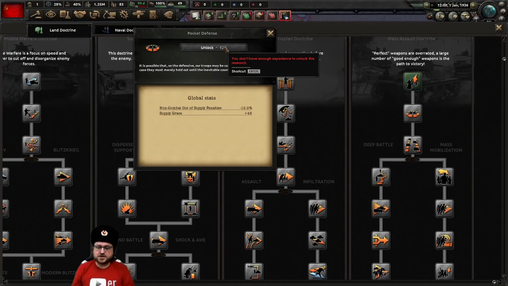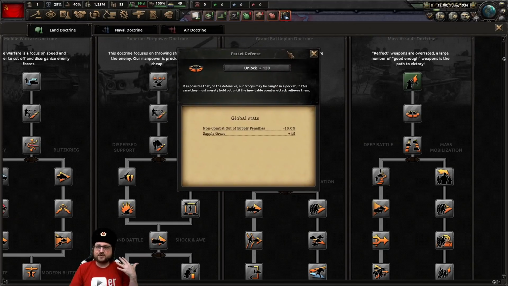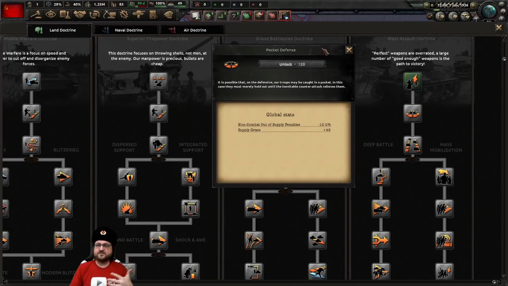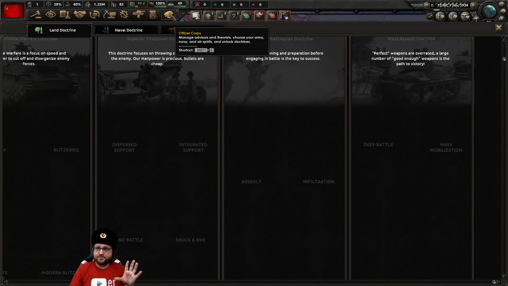Now, spending experience on doctrines, conceptually, makes a huge amount of sense. It makes sense that the actual military doctrines are developed by your military people, not as a research project, but as a side effect of experience gained in battle and adjusting to strategy and those sorts of things. Now, you can get more experience from other sources, so there's been a kind of rebalance there,